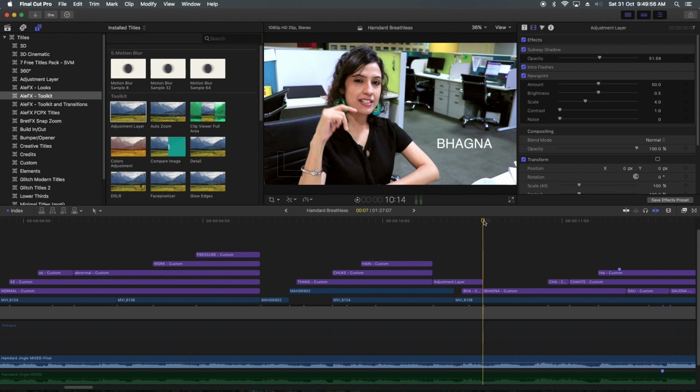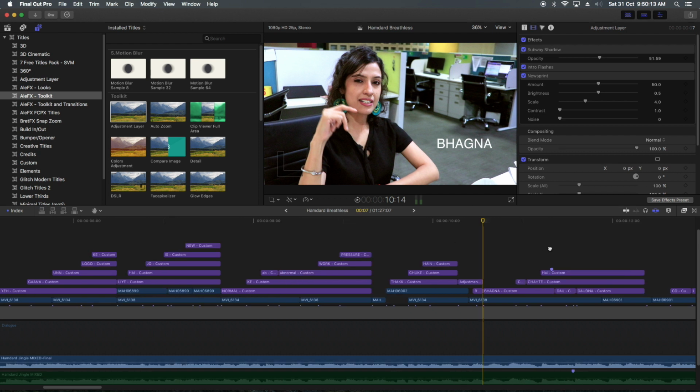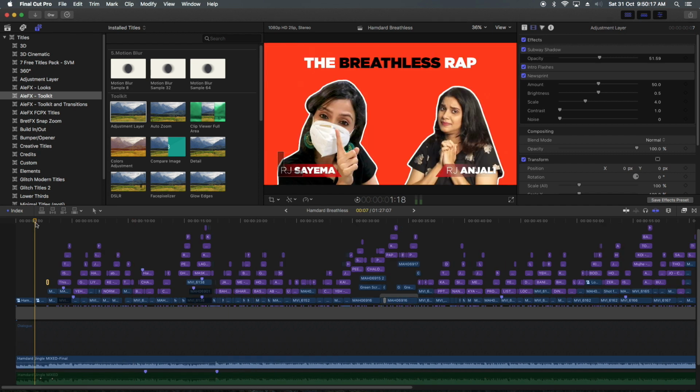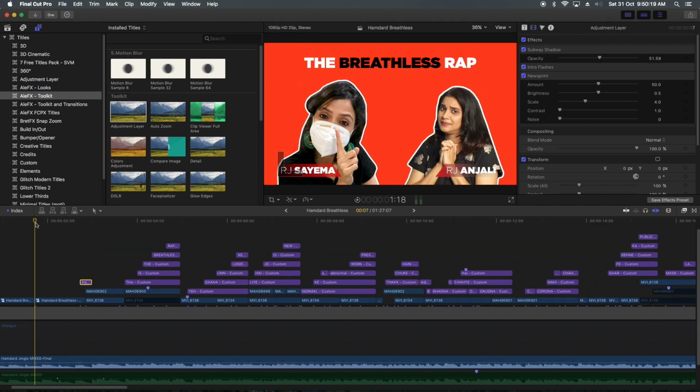I don't want one effect to be like this, second effect like this, third effect like this. That is a very kiddish way of using effects. The uniform way of using effects is that your video should look very symmetric. So I am not using multiple kinds of effects, but I am using it where it actually has to be, as per my audio beats.